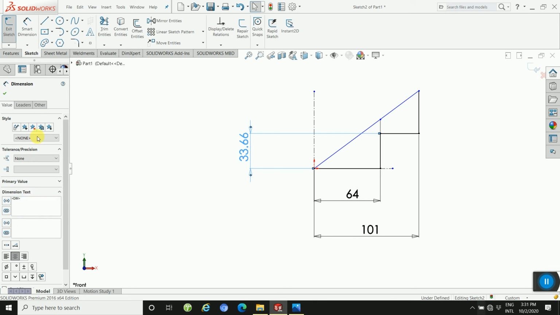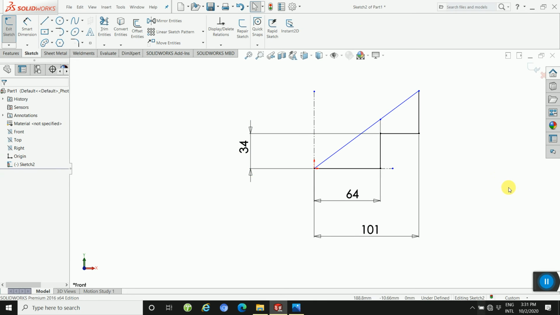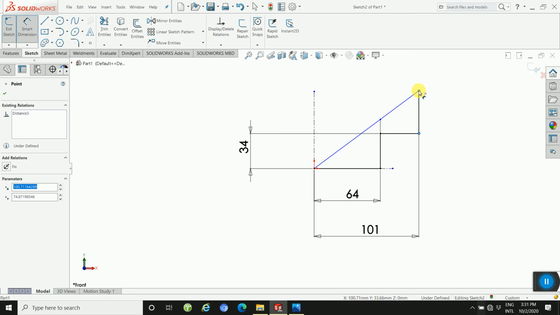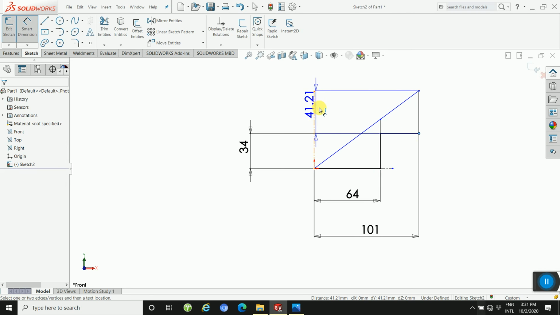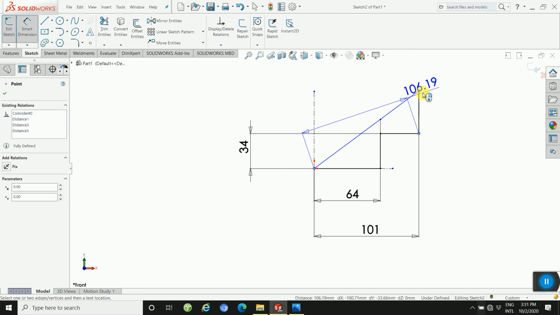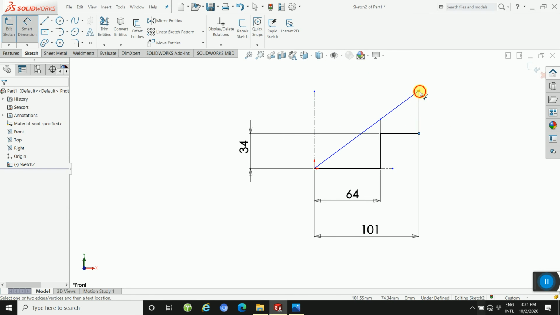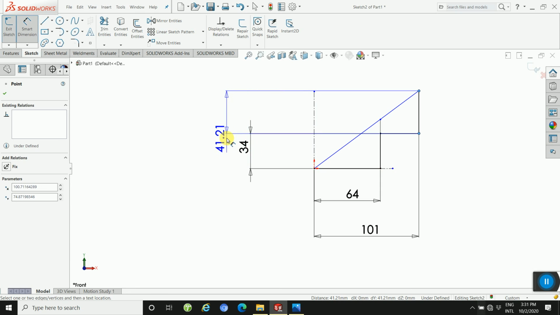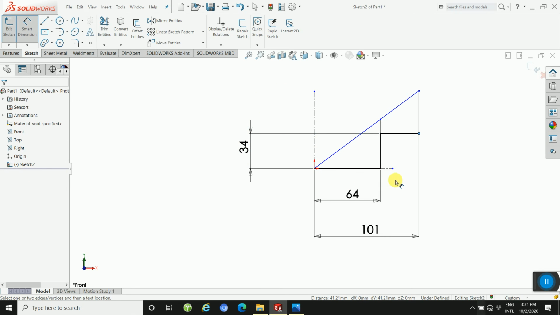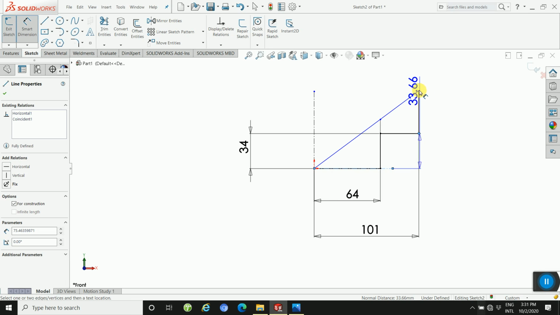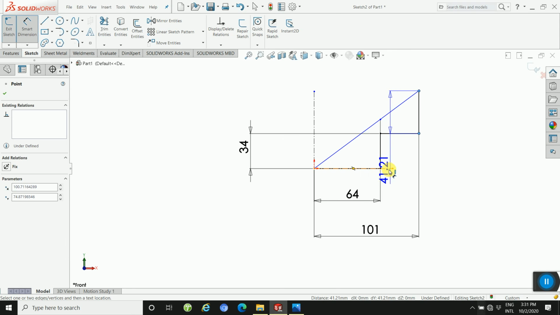Here change this dimension. First point and then second point.